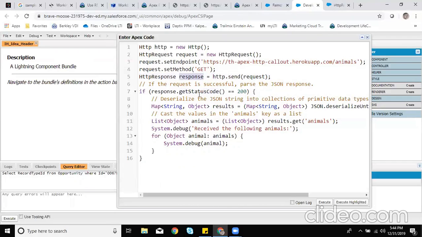Once we get the response, we will check if the response is successful or not. For successful, we have to check the status code as 200. The response has a method called get status code. So if we got the successful response,